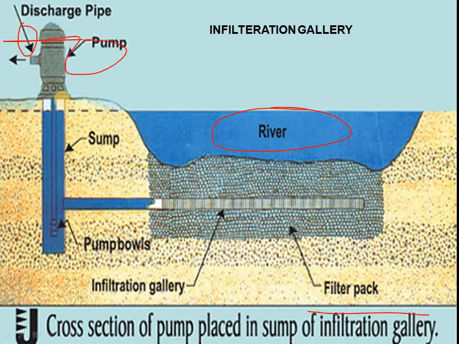A pump will be there, and from the bottom region the water will be connected. This is the pump house, and this is a sump, okay, and this is a pipe infiltration gallery just like a chamber. This is a filter pack which uses granular material, okay. So this is where the river water seeps down to the lower region. It will be collected from this chamber, and this water will be pumped out to the pipe. So these are nothing but infiltration galleries.